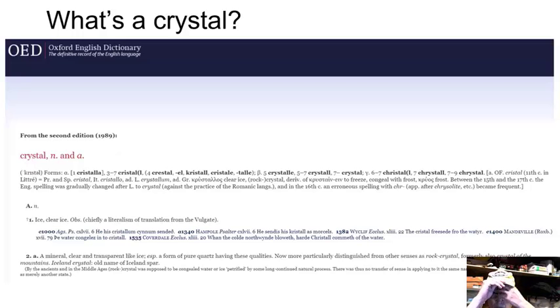What is a crystal? Well, you can go to a dictionary and find that. The Oxford English Dictionary is a good example of a dictionary. It used to be this huge giant book. Now you just Google it up. And it's probably the definitive dictionary of all, because Oxford is a place of letters. And